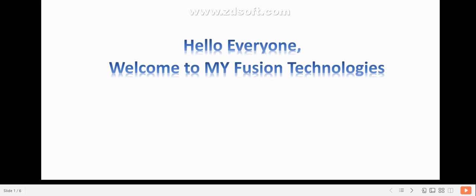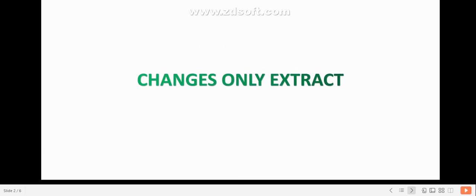Okay, let's quickly go ahead and see what is changes only HCM extract and how it works, what are the prerequisites that must be followed in order to set up changes only HCM extract in Fusion HCM.